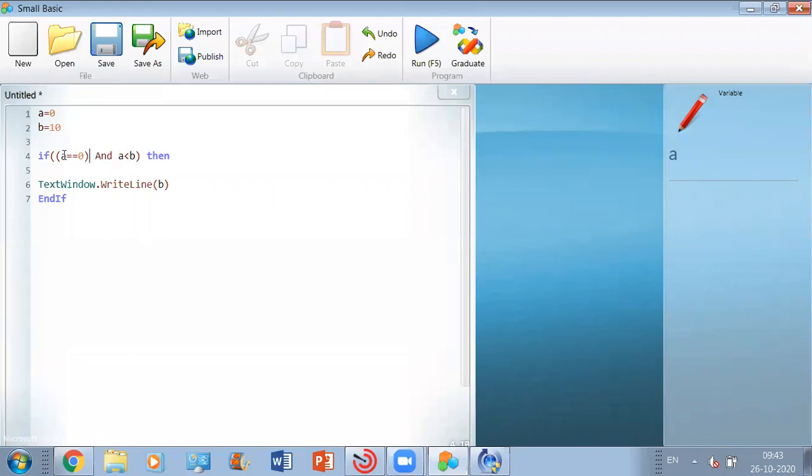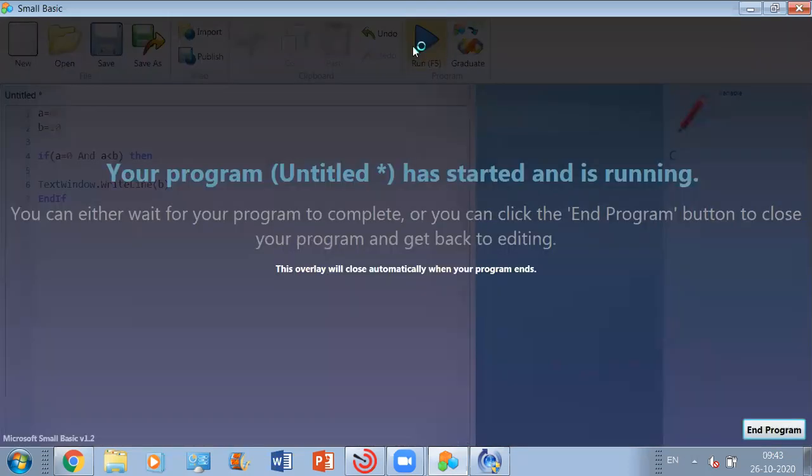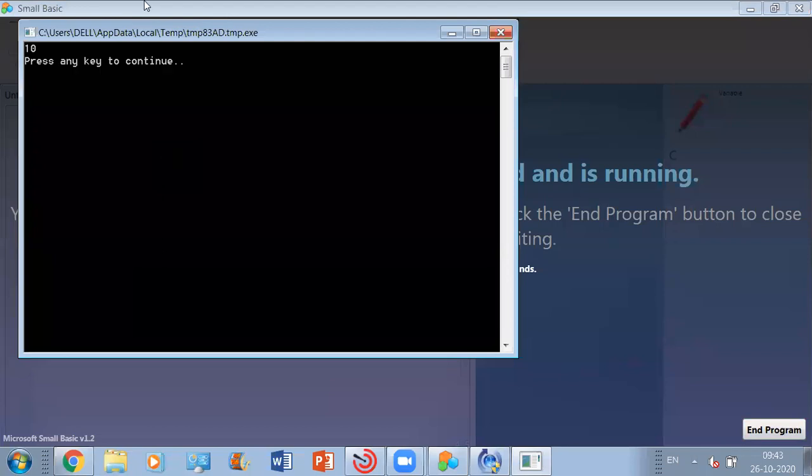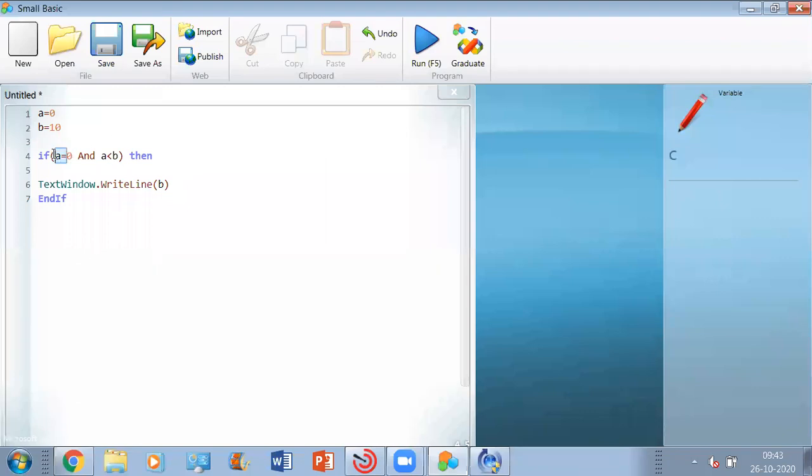Why are we not able to check this condition? Just a second. After B is greater than A, you forgot to close it with inverted commas. Now it is done. Because I had placed two double equal to signs on one side, that's why the program was not running. So we are able to see the output, right? Just because both the conditions are true. Right now, this condition is true and this one is also true, right?